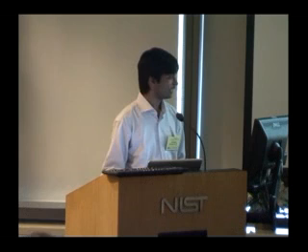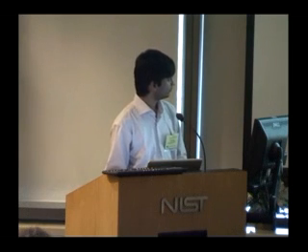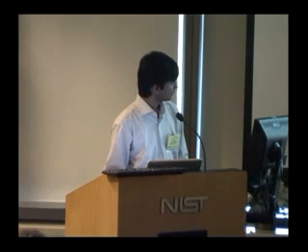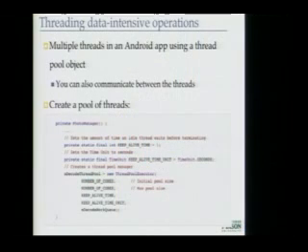And for that, you would create something like a thread pool, which is taken from a photo manager application,